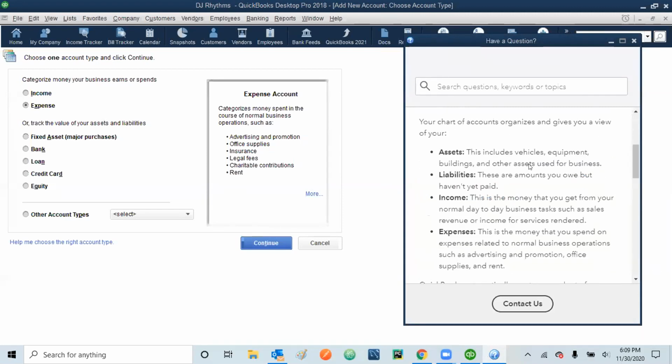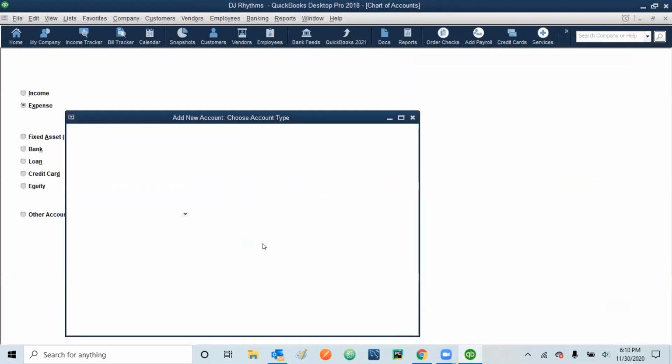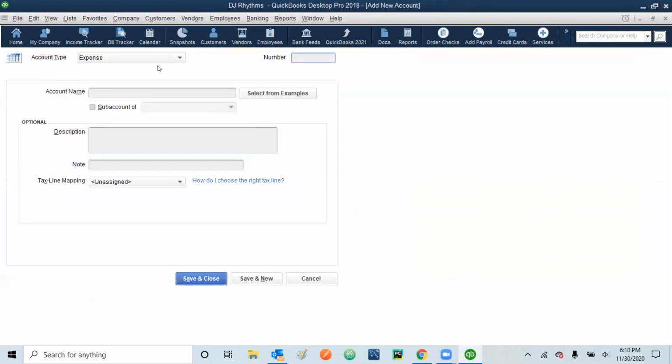Here you can see what types of expenses it can cover, and then you can simply click continue. Right now, we don't go into those further details, but we know that an electricity bill is an expense. So we can directly go to continue, and then it is created.